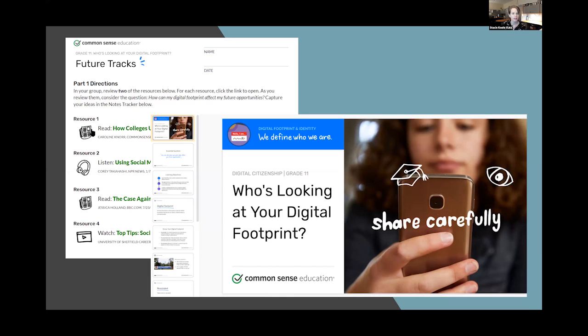So on the left, you can kind of see it is a lesson plan. And that, as a teacher, especially as a teacher who maybe is not super savvy in this, and I'm a little concerned, I don't know where to start. This is a really fantastic place to start. So it has a reading, something to read, something to listen to, often has a video, and it very often comes with its own, on the right here, you can see a Google slide presentation